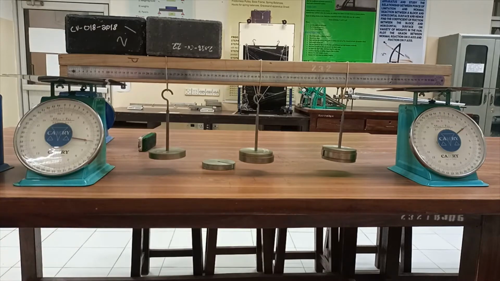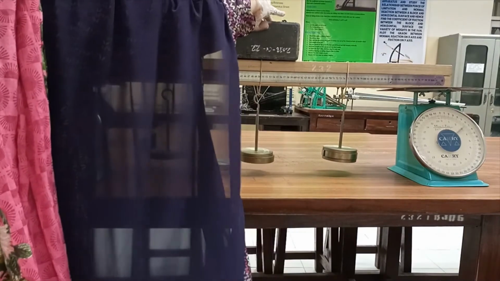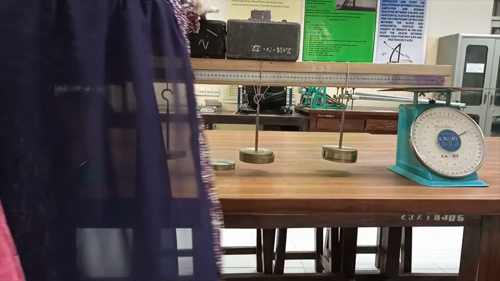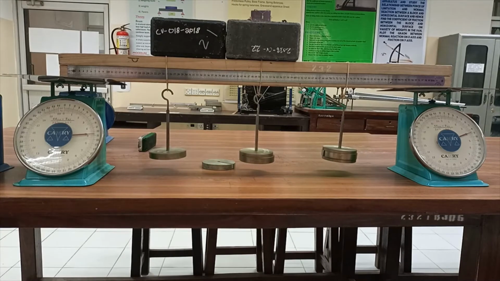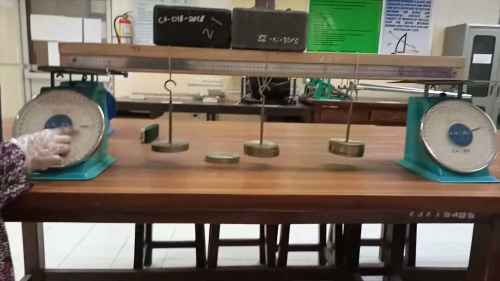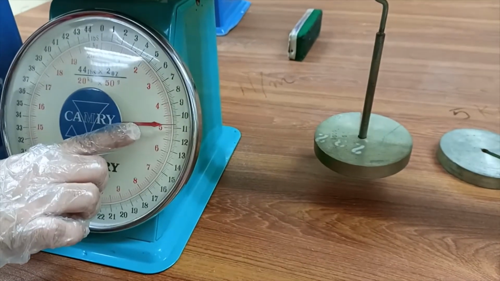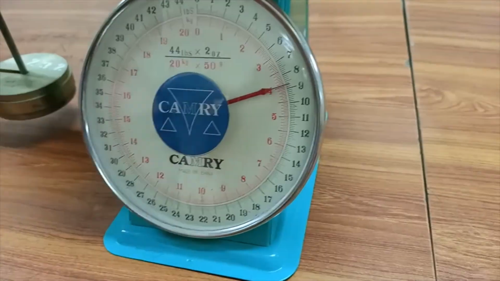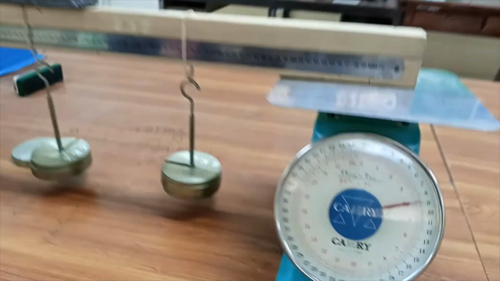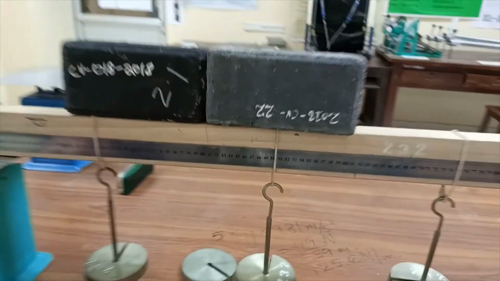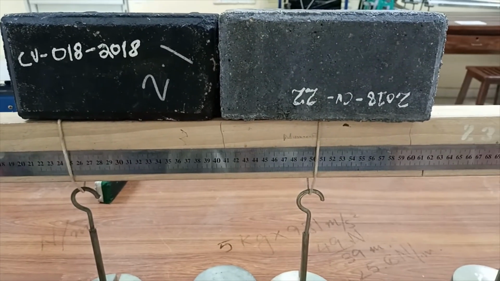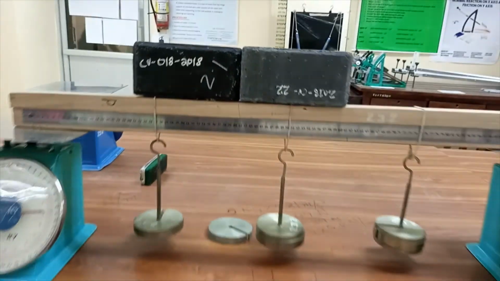And now it's up to you. You can do various cases. You can put this uniformly distributed load at the center, at the start, at the end. So it's up to you wherever you are taking it, and you can find out the support reactions from the weighing balance. Whatever the weight, you can see the weight has increased and it is now 4.9 kg, and the next one is 4 kg. So you can see the weight has now changed from 2.2 and 2.3 kg. So you will get the support reactions from this beam.